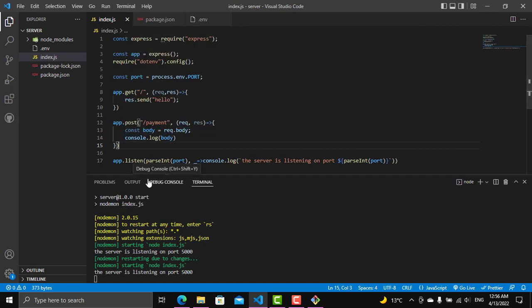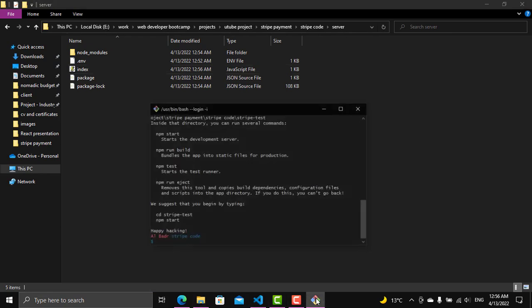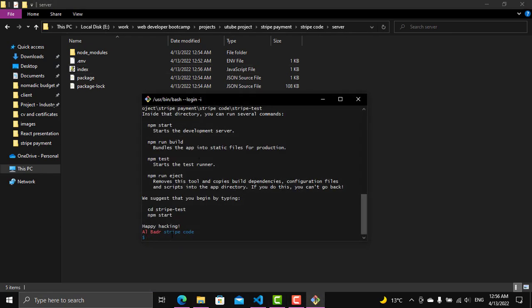Let's see how we will do that through the client side, and at the same time what are the mistakes we will face and how this will help us make the server run smoothly and know everything is happening step by step. So let's now go back to here and cd inside Stripe,